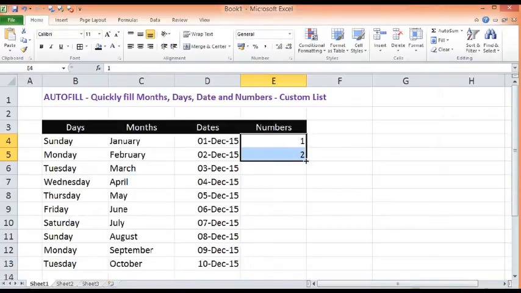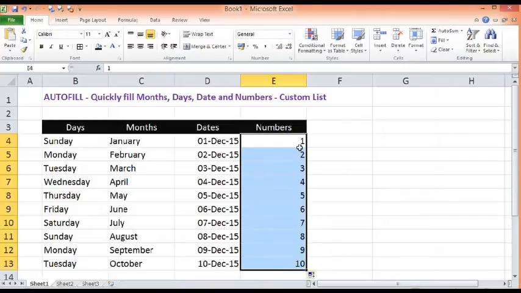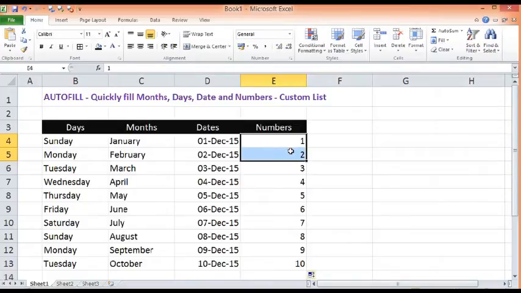I will pick here and drag this towards down. Now basis on the selection of two cells, Excel identifies the trend of data, and same values with the same trends are populated further in the same column.